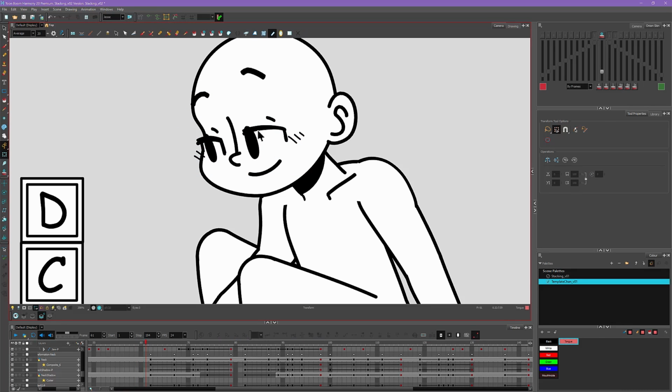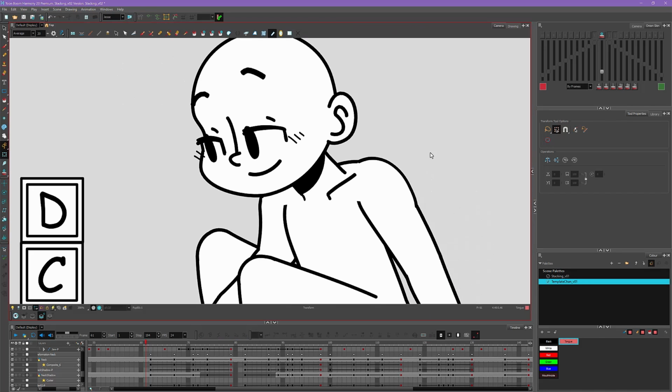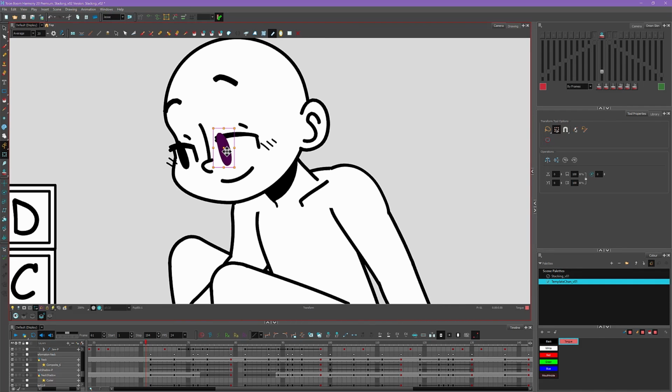So I selected this eye shape, but you can see our pupils are going over our eyes. And earlier I went into the rig and I disabled the cutter nodes, which allow the eye to cut out the pupils. That's because I wanted the pupil shape to kind of stand out in front of the eyes for this animation. So I did do that on purpose, but because of that, when we're doing our blink, we do need to go into these eyeballs.